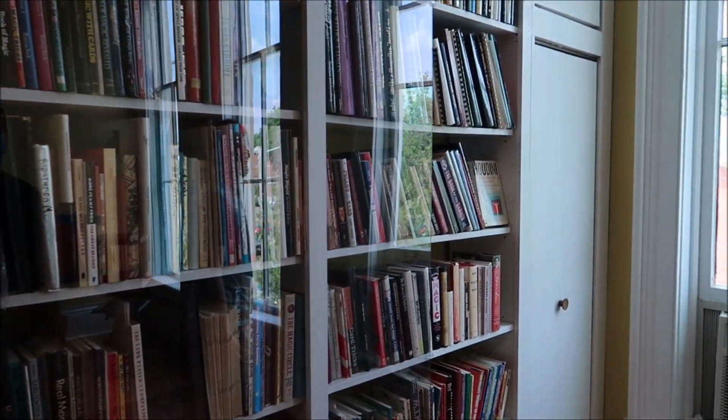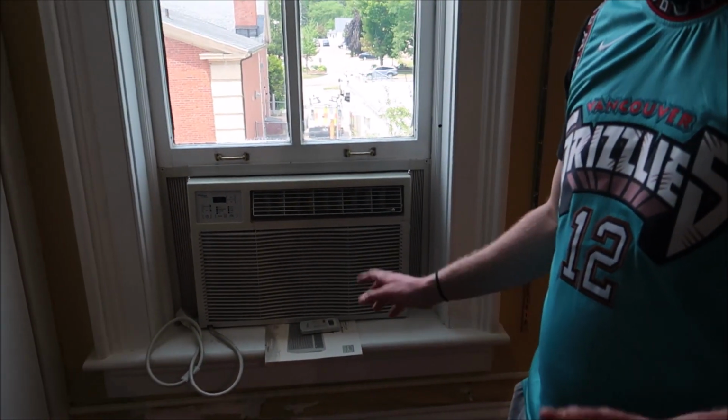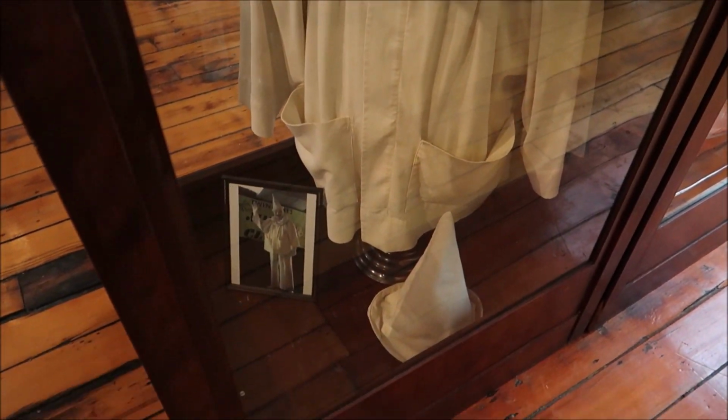Dang, man. Little magic air conditioner. Remember those? Ancient. How does it work? Oh my god, this is kind of terrifying for several reasons. And no, I'm not afraid of clowns, but...